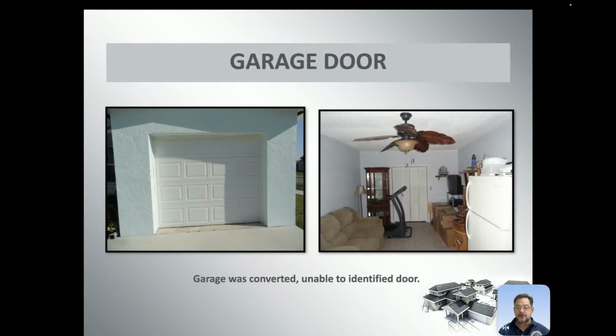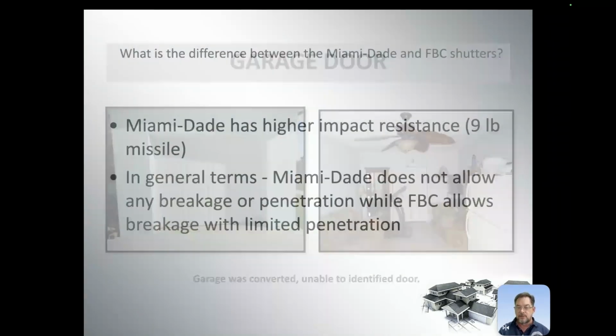What about garage doors? It was converted. Now we're unable to identify the door because it was converted. And I have a simple rule for this. This is still a garage door until I can prove it's not. And it's still open until I can prove it's not. But what I would tell you is